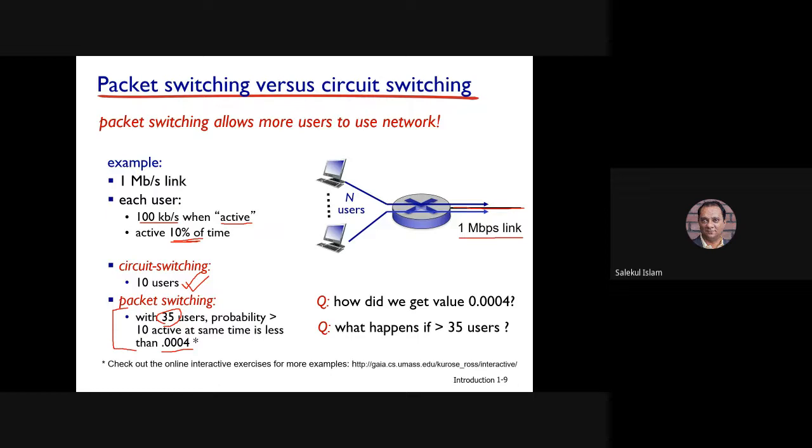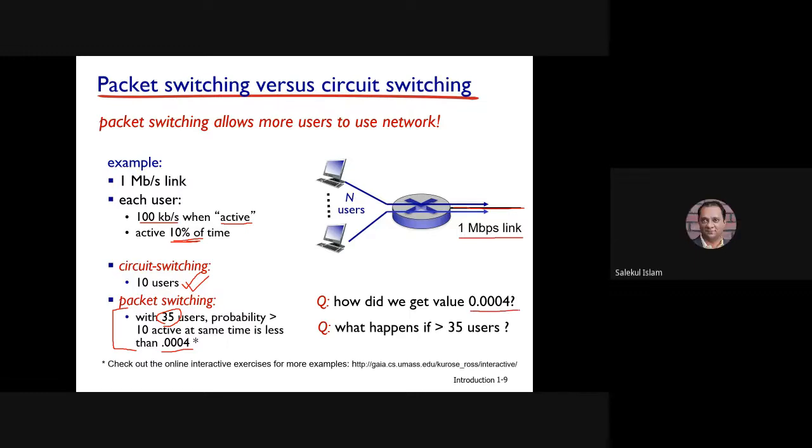তারা দেখাইছে যে যদি 35 ইউজার নিতা, তাহলে সে 35 ইউজারের ভিতরে যে কোনো একটা মোমেন্টে তাদের 10 জন অ্যাক্টিভ, এটার প্রবাবিলিটি হচ্ছে মাত্র 0.0004। তার মানে ম্যাক্সিমাম টাইমই দেখা যেত তাদের 10 জনের কম অ্যাক্টিভ। এটা বুঝা গেছে স্যার? 0.0004 যেটা প্রবাবিলিটি, ওটাকে আমরা বের করে নিয়েছি ওখান থেকে। এই ম্যাথটা আমরা করি নাই। এই যে নিচে বলা আছে, এটা একটা এক্সারসাইজের প্রবলেম, এটা একটা ম্যাথ। প্রবাবিলিটি থিওরি তোমরা পড়ছো না, সেখান থেকে ওরা অ্যাপ্লাই করছে যে হাউ ডিড ইউ গেট দ্য ভ্যালু অফ 0.0004।